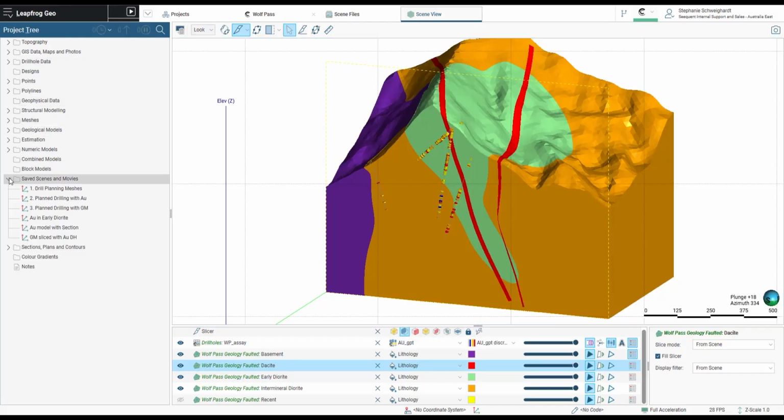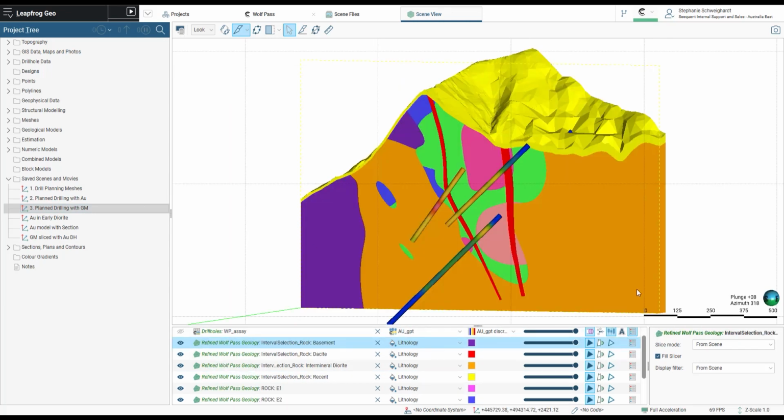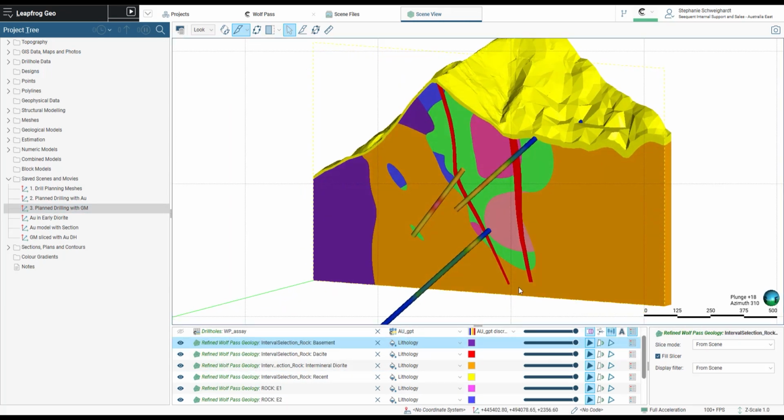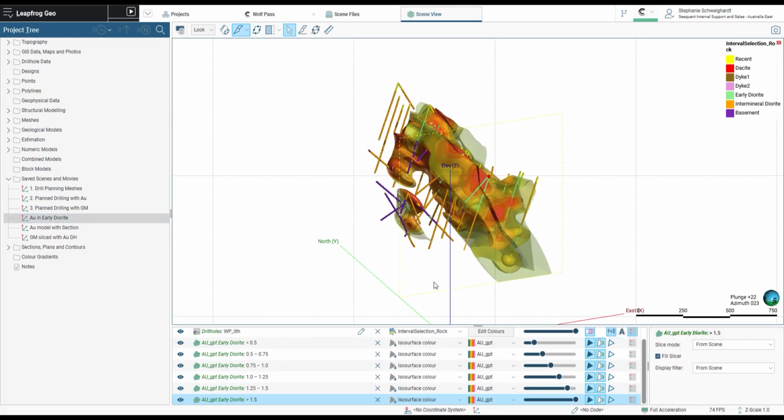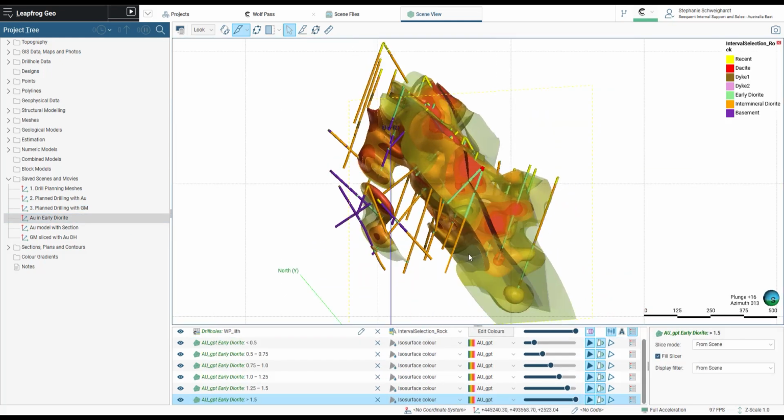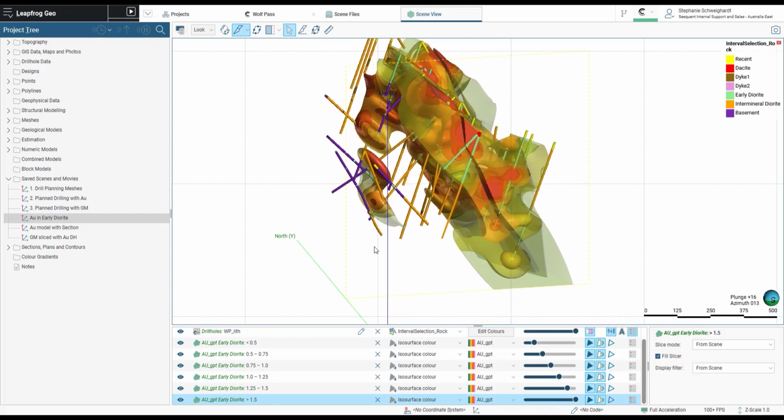To get started, I've created a few scenes here. I have a geological model and a gold model that I've created, and I have saved these with respect to drilling results as well as with respect to planned drilling for a future phase of this program, just for a variety of different scenes. To save a scene in Leapfrog, you simply navigate to the Saved Scenes and Movies folder